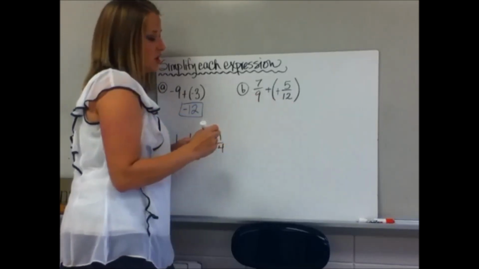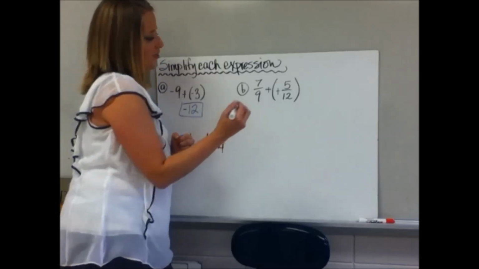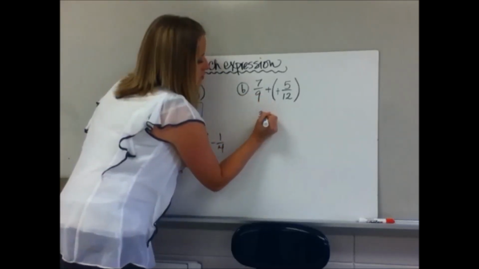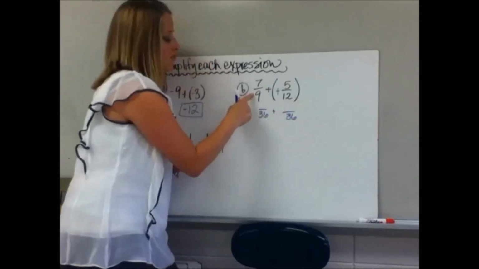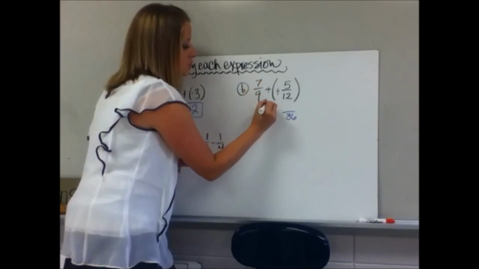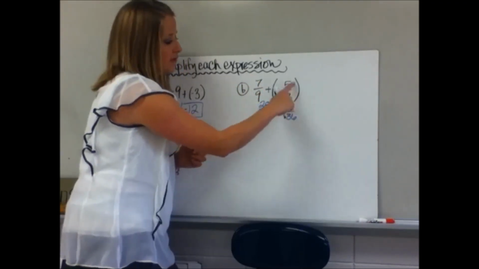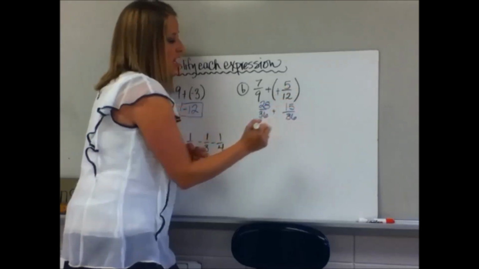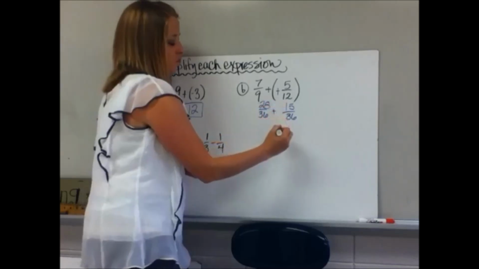With fractions, you have to get the common denominator, which would be 36. So this is going to be something over 36 plus something over 36. To go from 9 to 36, I multiply by 4. 7 times 4 is 28. To go from 12 to 36, I multiply times 3. 5 times 3 is 15. Now I'm going to add my numerators. 28 plus 15 would be 43